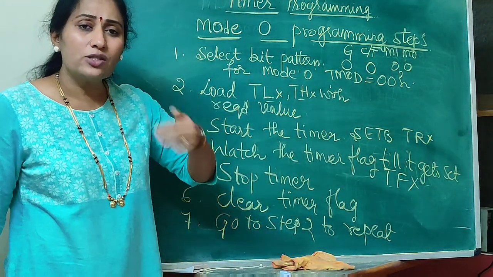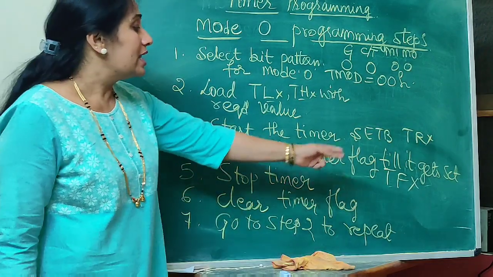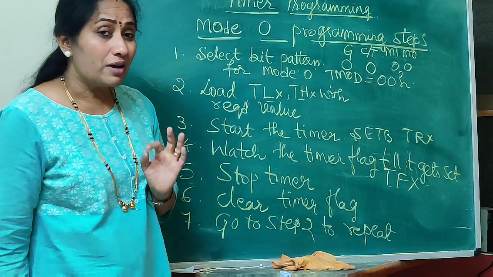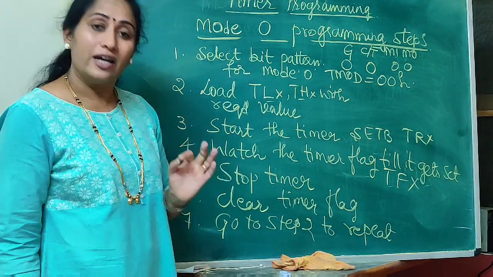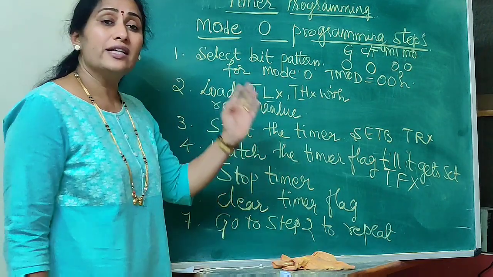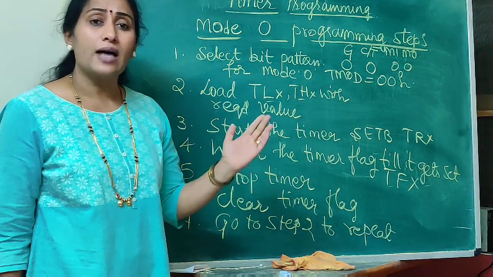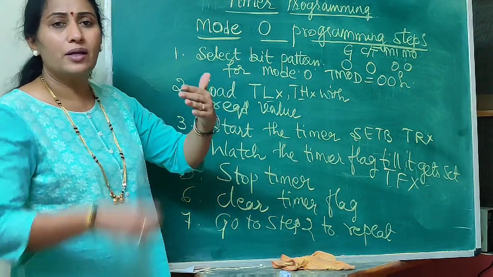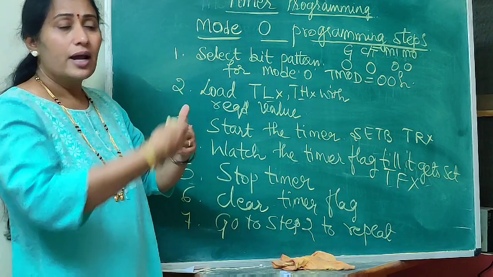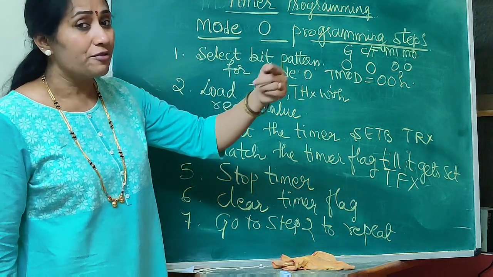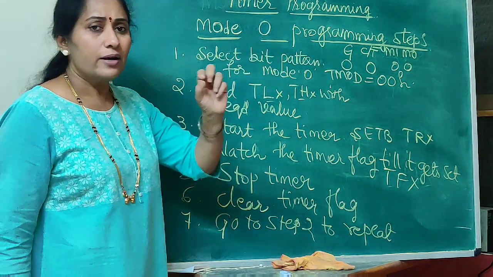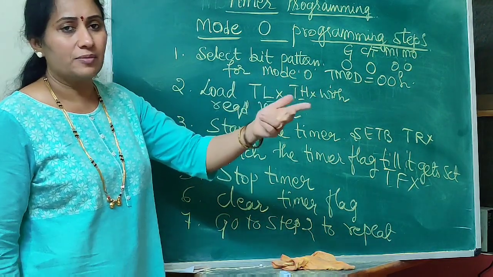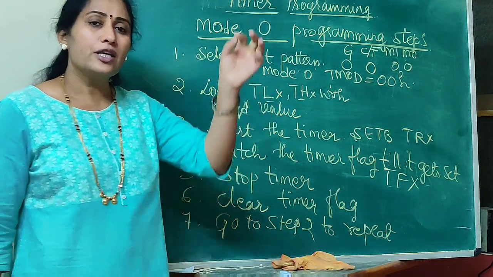Right, when the operation is going on, when the counting is going on, TFX will have a value equal to 0. So when we read a 0, it means that the counting is still going on. The internal clock pulses are still being counted. With each pulse, the up counting goes on and it reaches the maximum value 1FFF because it is mode 0. Then with the next pulse, what's going to happen? After the maximum count, when the next pulse comes, it is going to roll over.